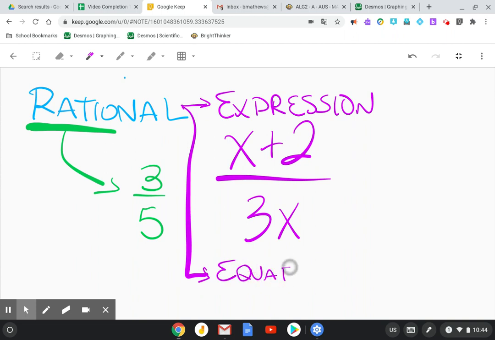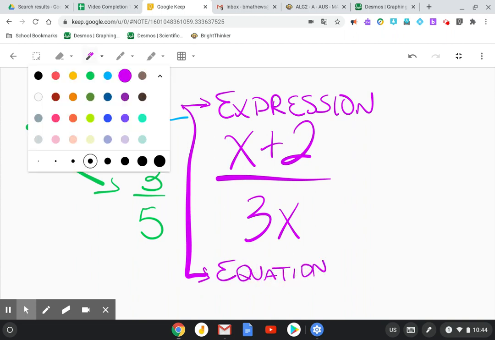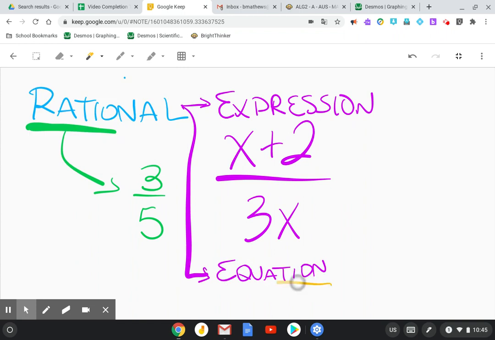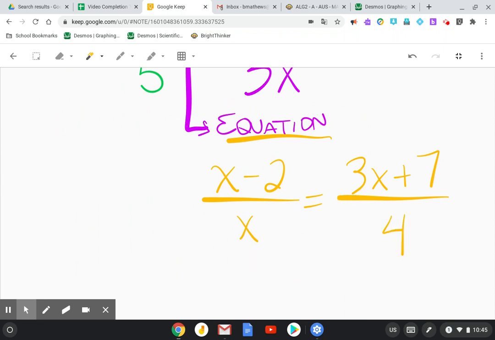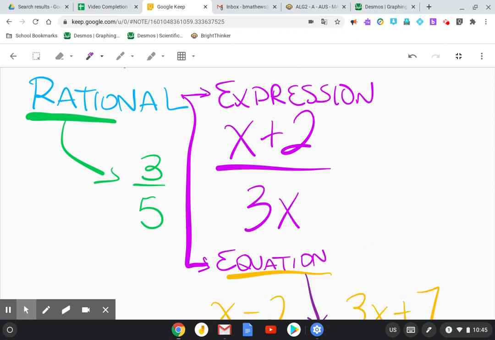Whereas we also have rational equations. A rational equation is going to look something like this: x minus 2 over x equals 3x plus 7 over 4, or whatever. So this would be an example of a rational equation. Again, the key here is that rational equations have an equal sign in them, whereas expressions do not. And that's the key thing I want you to take away: a rational expression or equation has fractions with variables, and expressions do not have an equal sign, whereas